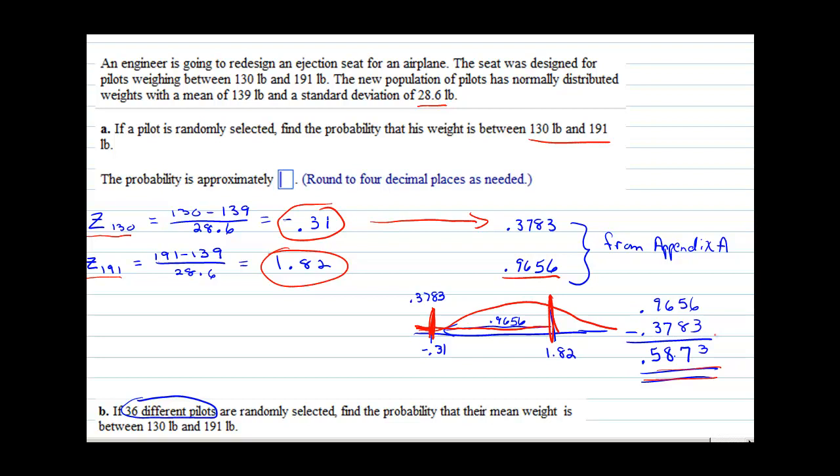So that means that 0.5873 is between those two z-scores, the negative 0.31 and the 1.82, which represent the actual weights of 130 pounds and 191 pounds. So the probability that I pick a single pilot that his weight will be in this 130 to 191 range is 0.5873. If they had asked for it in a percent, it would be 58.73%. And it says round it to 4 decimal places, so I will leave it in those 4 decimal places. Then the B part of this problem asks us to